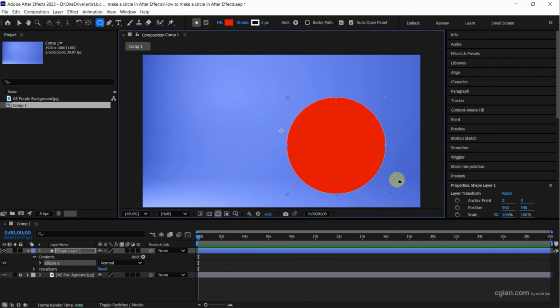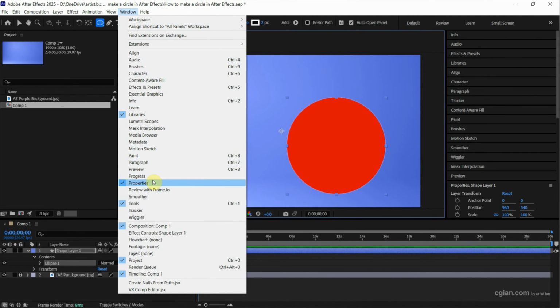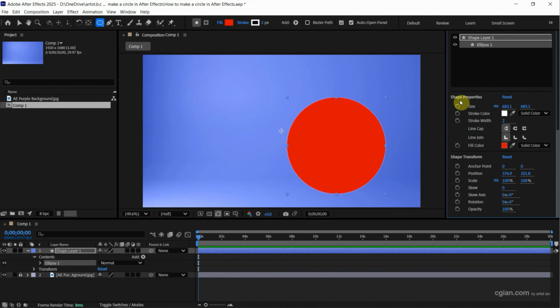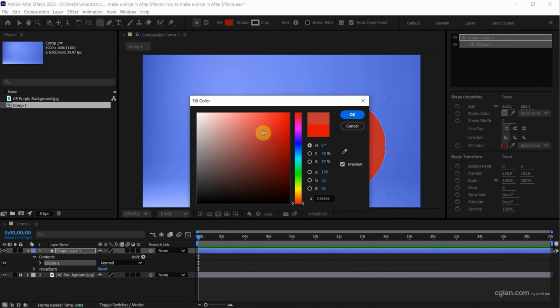And then if you want to change the circle, we can go to the Properties window. If you don't find this, we can go to Window and Show Properties here. Now I go back to the Properties window, open it, and then we can go down to Shape Properties. We can change color. For example, I change it to blue